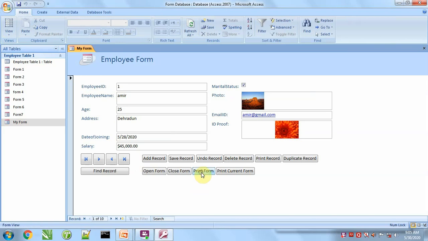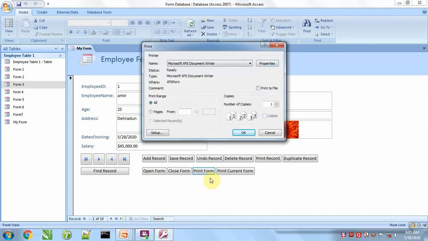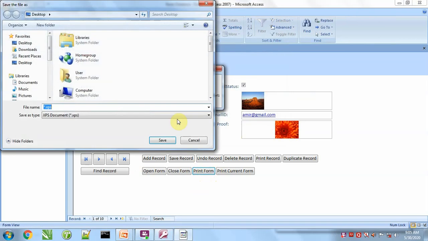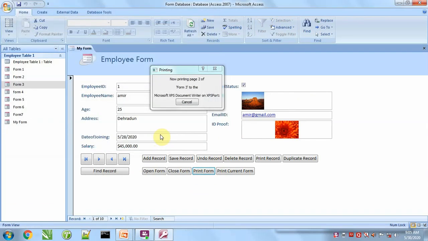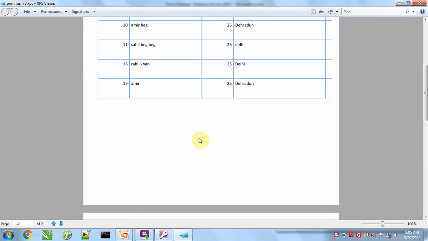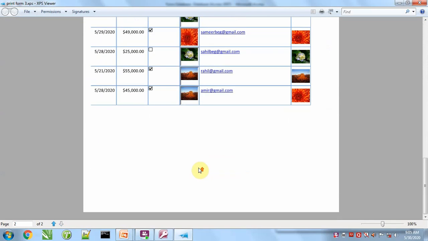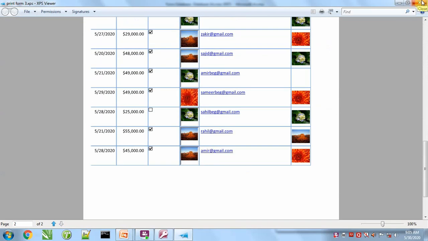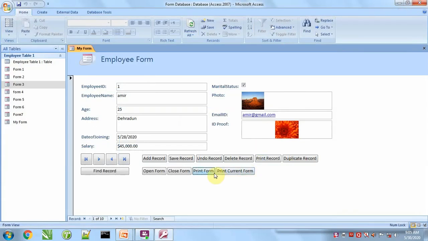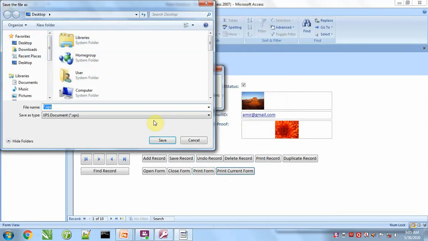Print form will print form third, because on this form I gave it to print form third. Okay. Form 3 data is printed. If we click on print current form, it will print the current form.